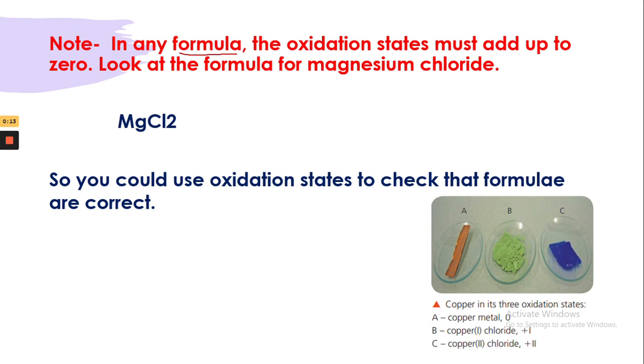See, this is the example of magnesium chloride. Here the oxidation state of magnesium is +2 and the oxidation state of chlorine will be